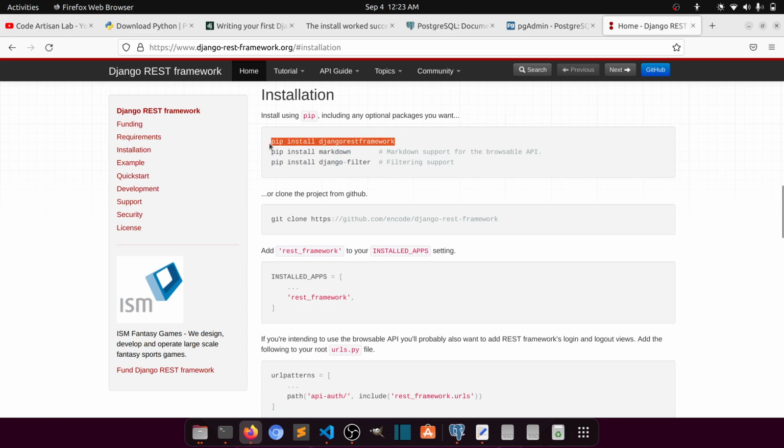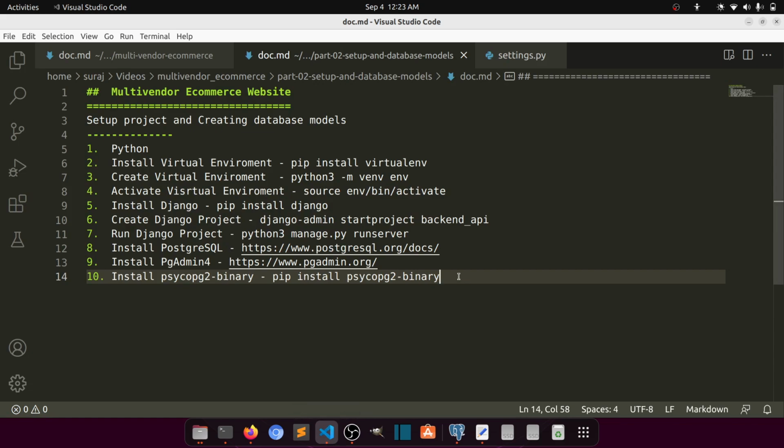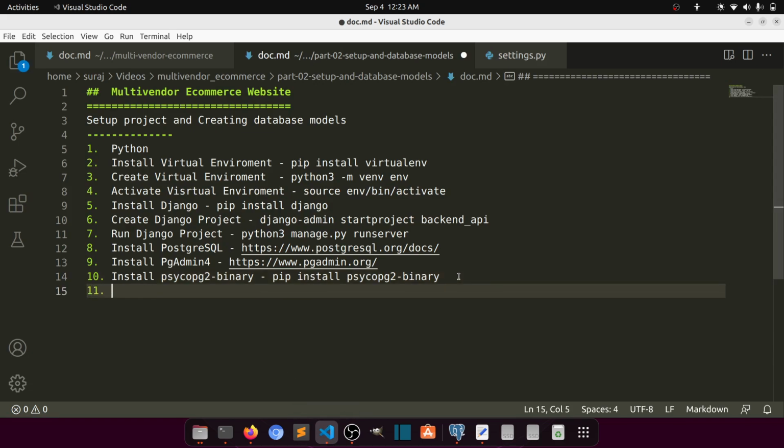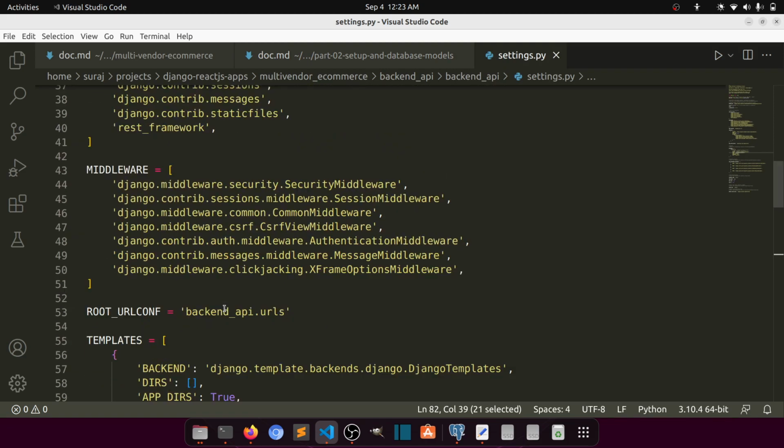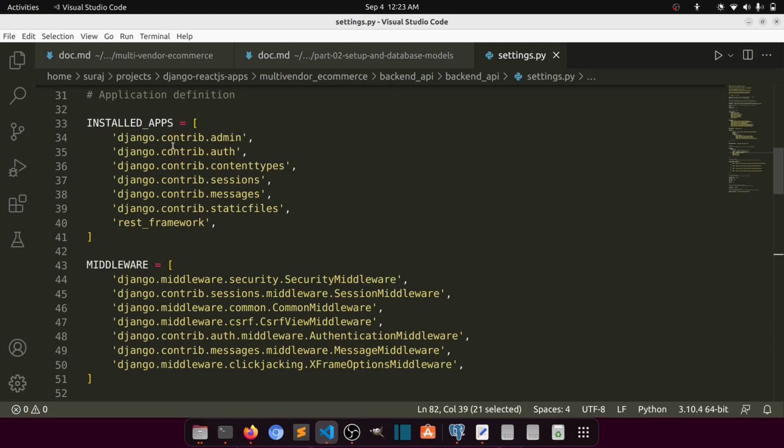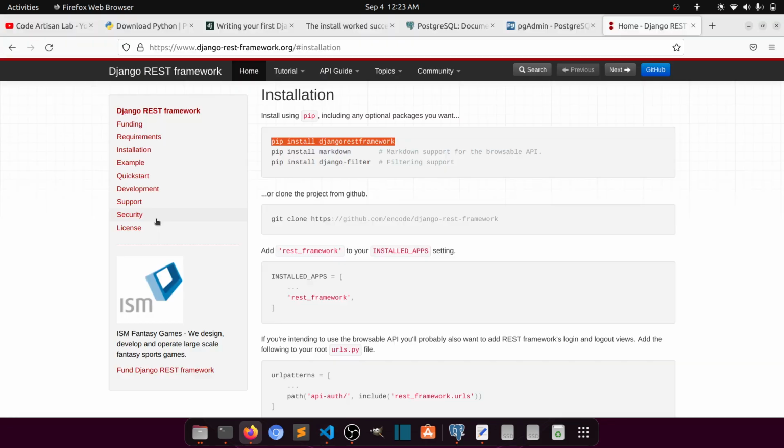So pip install Django REST framework. After installing this, you need to add the package in the installed apps. So this is rest_framework, they are also saying that, right? So after all these things,